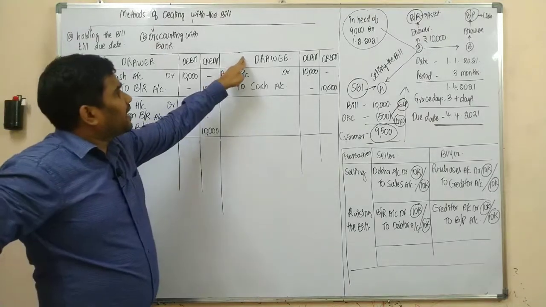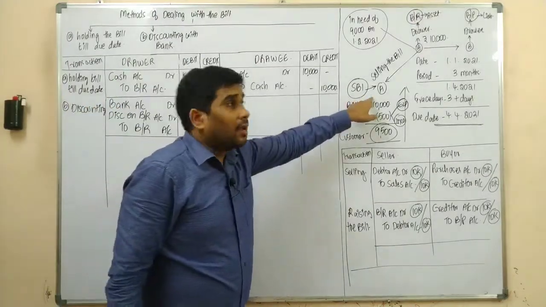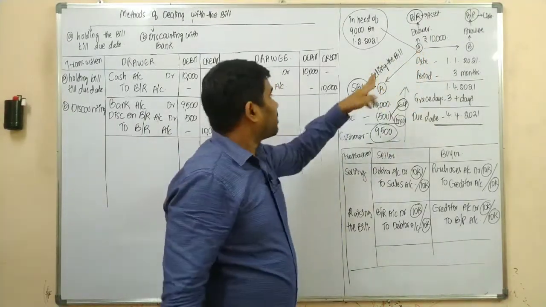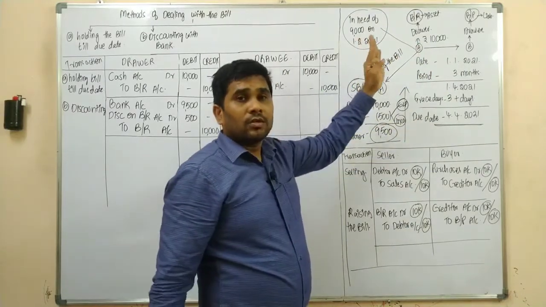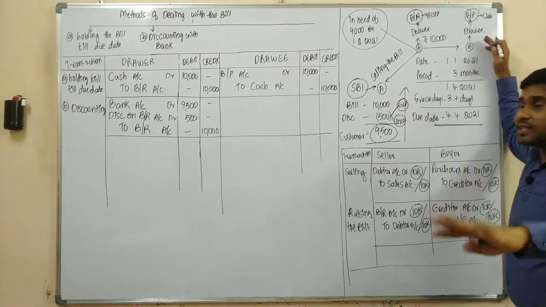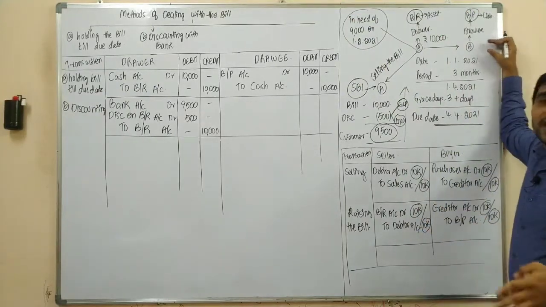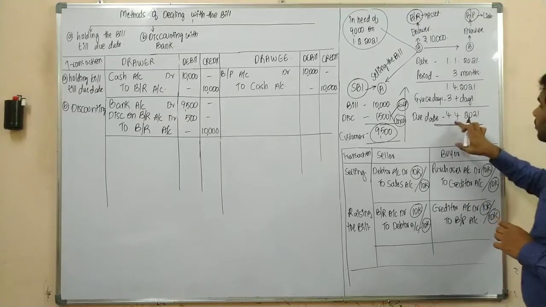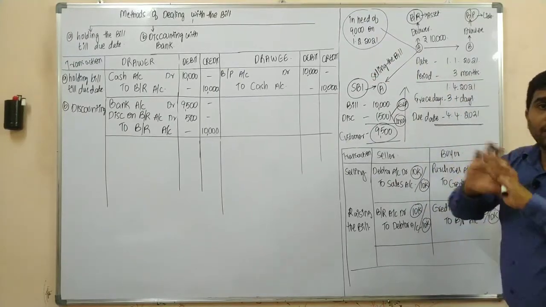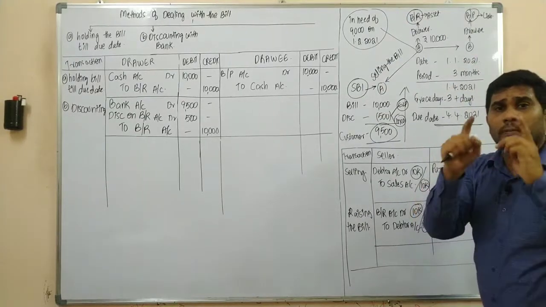Now, what is the journal entry in the books of Drawee upon discounting the bill with the banker by Mr. A? As the bill was discounted with the banker before the due date itself, nothing was affected in the books of B, because Mr. A is discounting with the banker, it doesn't concern Mr. B. Nothing was affected, yes or no? He is only supposed to pay the amount on which date? Due date. So till due date, whatever happens with this bill, it doesn't affect Mr. B,